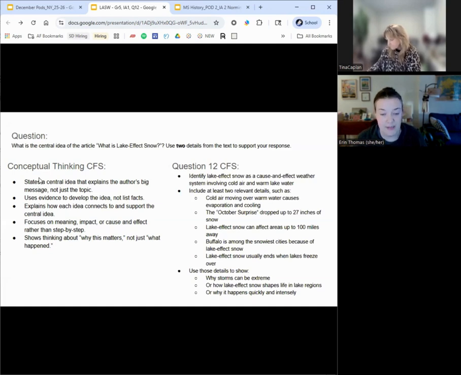Okay, now that we've got that down, let's dive into looking at some kid work. We've got our CFS, we've got our exemplar, and we know what it shouldn't sound like. As we go through the work, we're going to bucket into three different categories: the got it, really strong responses, the almost there, and then the not there yet. Sound good? Great. Okay. I'll take this half. You can take this half. We'll have a look over for trends and we'll come back and chat.